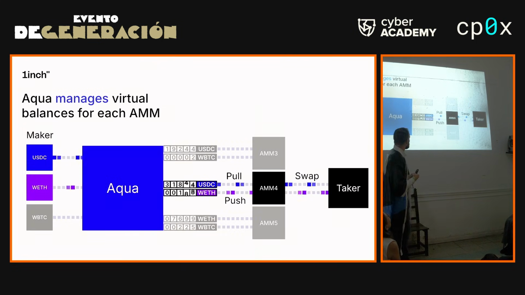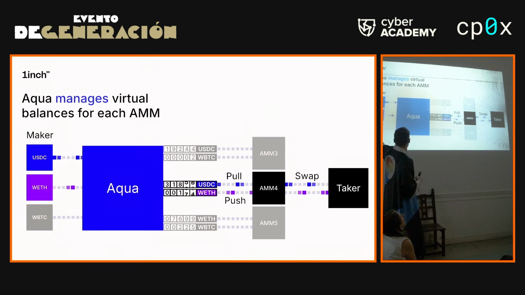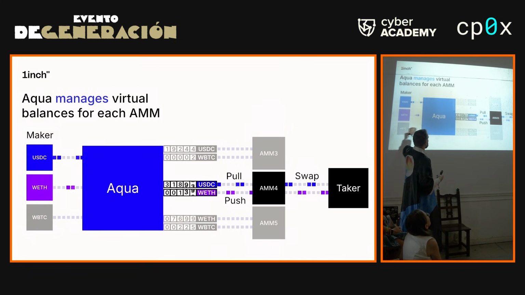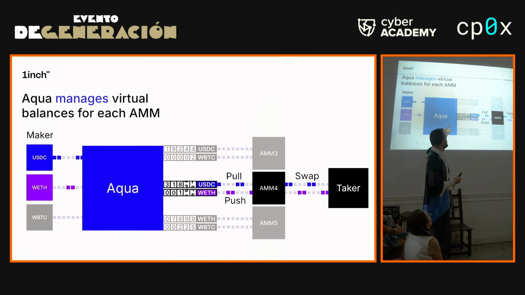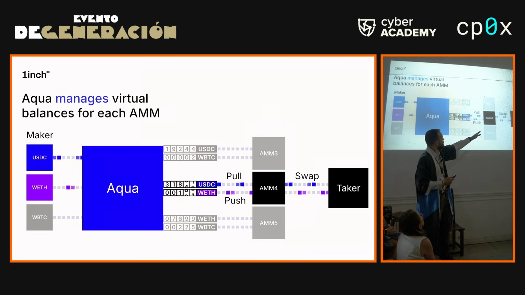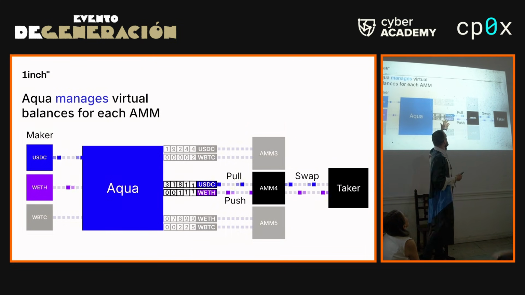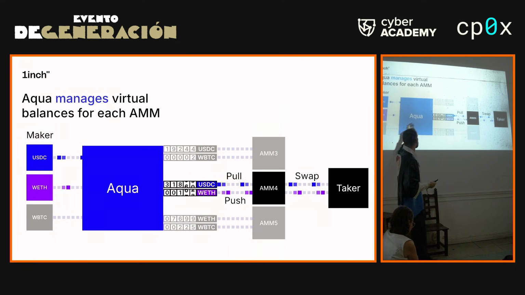Yeah. So actually, being a liquidity provider, you could use Aqua as follows. You have some assets in your wallet. There is an underlying rectangle here. Via Aqua, you could define virtual balances dedicated per strategy. When a taker comes to this AMM to make a swap, the AMM checks virtual balances according to the strategy hash, then computes swap amounts, and then uses the pull and push methods of Aqua to get